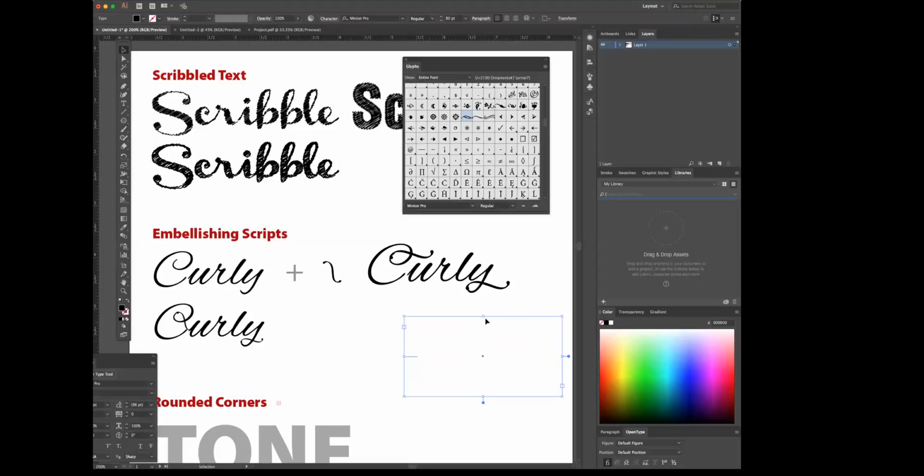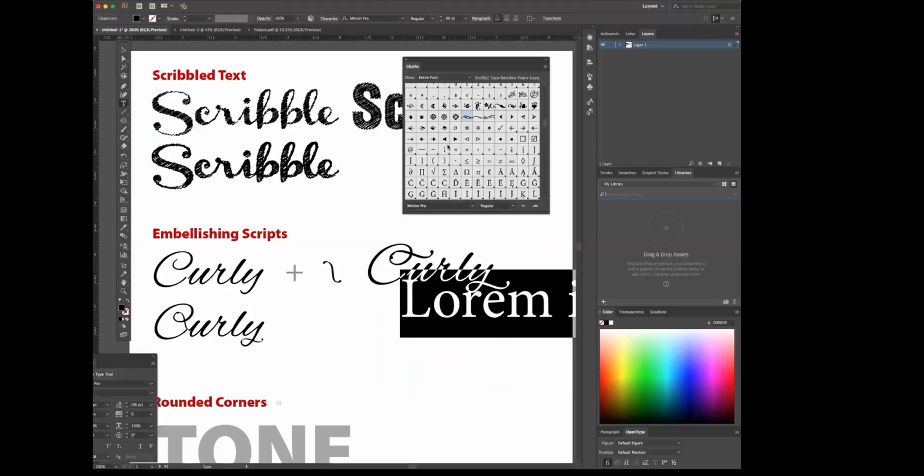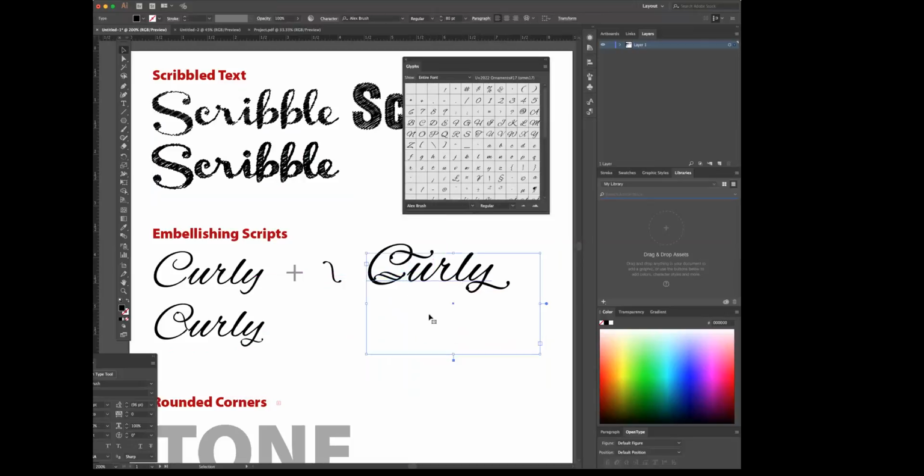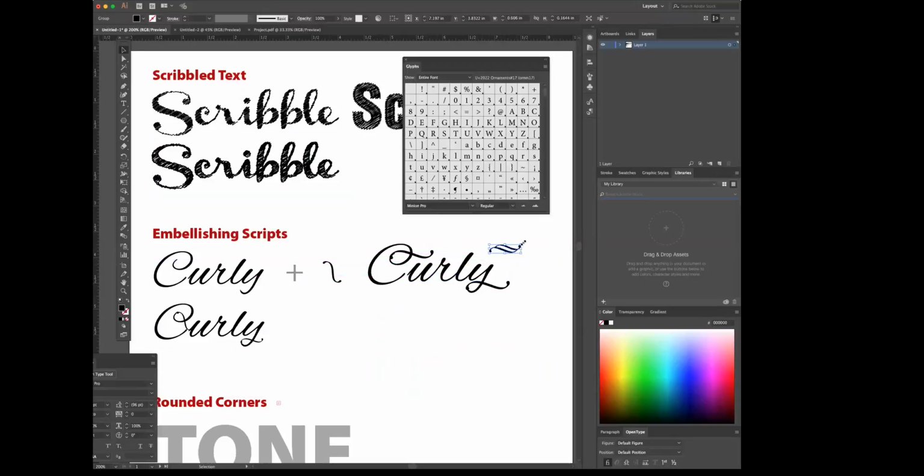Hold on. My thing does not want to show up. There we go. So here's another embellished font. If I create outlines, I can shrink it down quite a bit. But, you know, you can add some stuff to your letters, and this is one way that you can embellish your fonts by using some characters from the glyphs